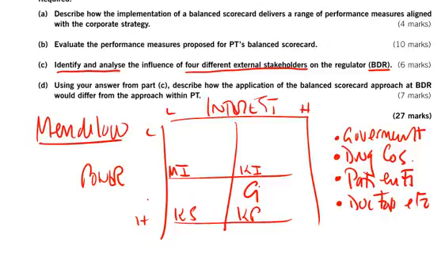What about the drug companies themselves? Will the drug companies themselves have a great deal of influence over the regulator? I would hope not. I would hope the regulator is of independent outlook and mind and will only give assent to drugs which really work and which are really safe. Independent trustees, there's a little bit of a potential there because it does say that BDR is funded by government and also through fees charged to drug companies when granting licenses. So there may be a little bit of influence, but I would put drug companies pretty much up here, relatively